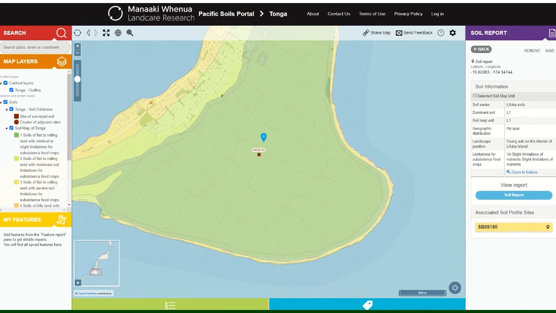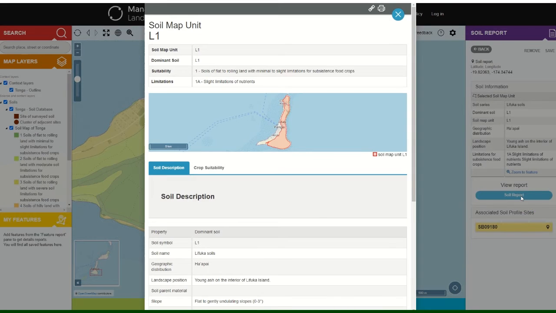This opens up this little box on the side, and we can see here that we're in a Lafuka soil with a little bit of information. Very good soils these, with very slight limitations. We can see a more detailed soil report just by clicking on this button here over on the right,